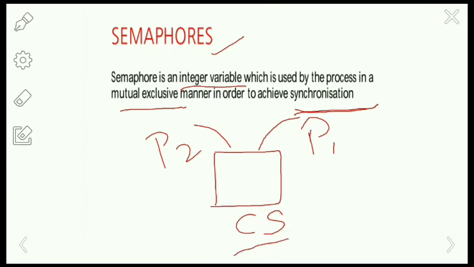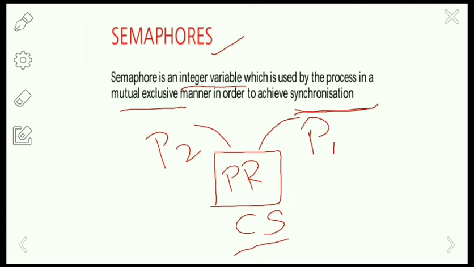Here, let us suppose the printer is the critical section part and two people are accessing the printer at the same time. So what will happen? The printer can't print the pages, right? Since it is taking two people's actions at the same time, a conflict may occur or inappropriate data may be printed.